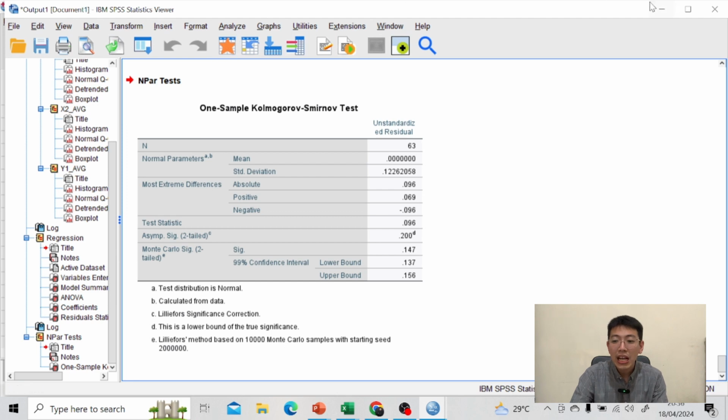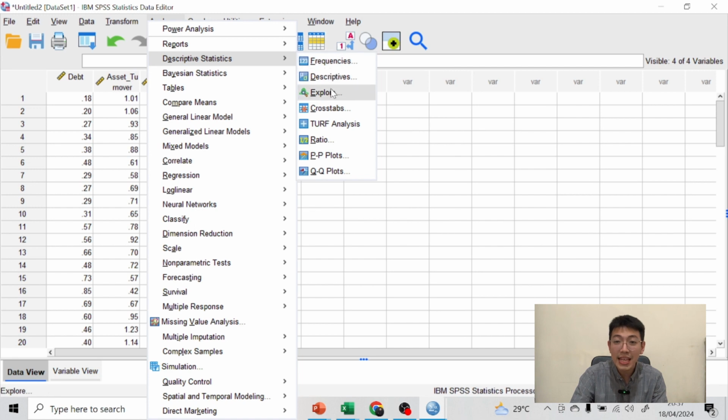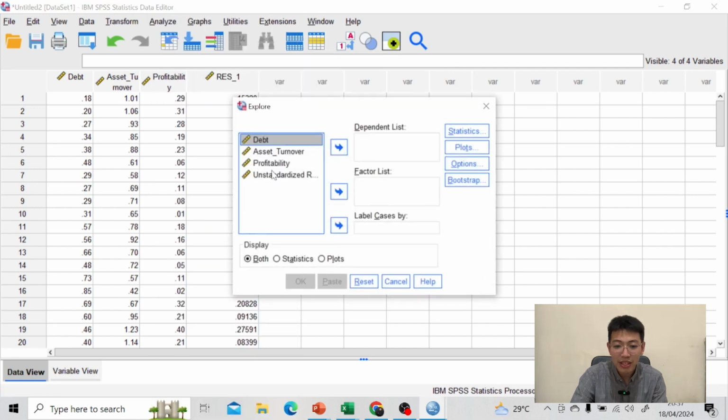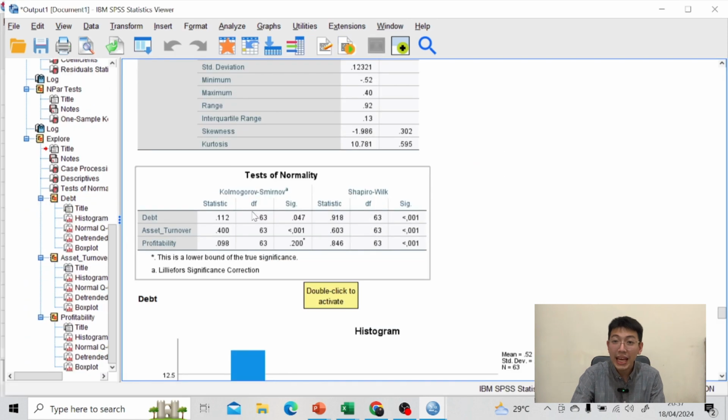This is the way. To find the outlier, go to analyze, descriptive statistics, and explore again. Move debt, asset turnover, and profitability to the right. In the plots, tick histogram and normality plot with test. Then continue, okay. In the Kolmogorov-Smirnov column, you can see that debt actually is not normal, asset turnover actually is not normal, but profitability is normal. But since the result of the Kolmogorov-Smirnov using the nonparametric test is normal, we assume that it has been normally